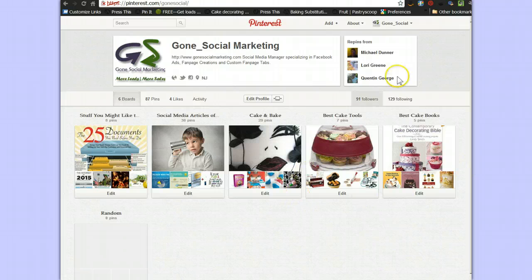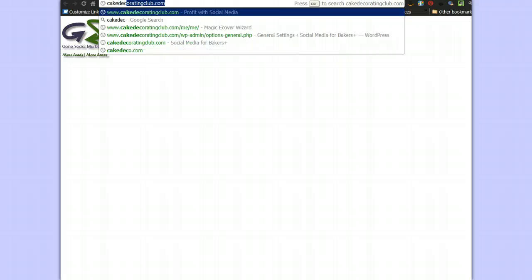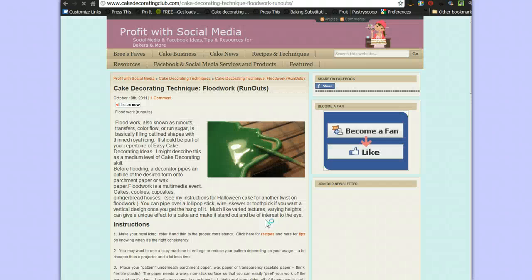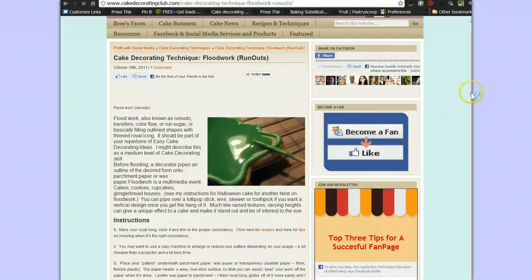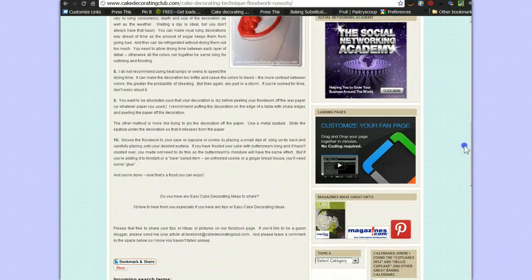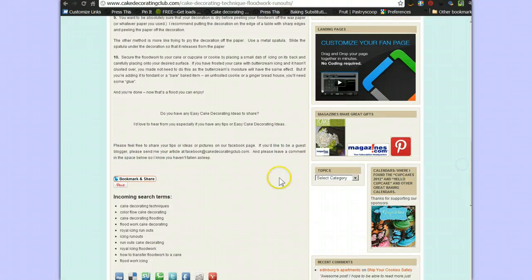But another thing that can happen is when you are on the web, you might see something of interest. So what you could do is go to a site, or if you happen to be browsing and you come across some really good technique, let's say on cake decorating. You may have noticed that I like to decorate cakes. So I come across that, and the owner of this website, this blog, is actually me, and you can see